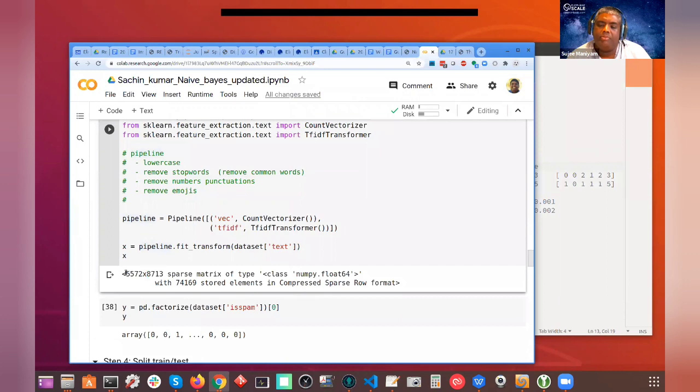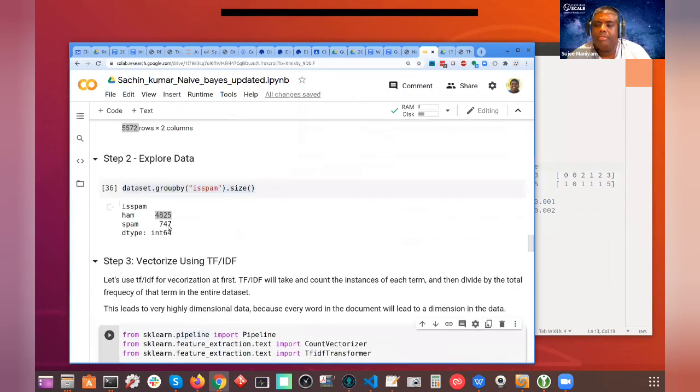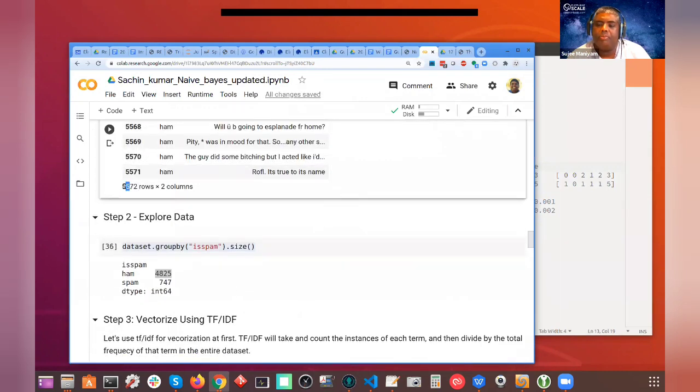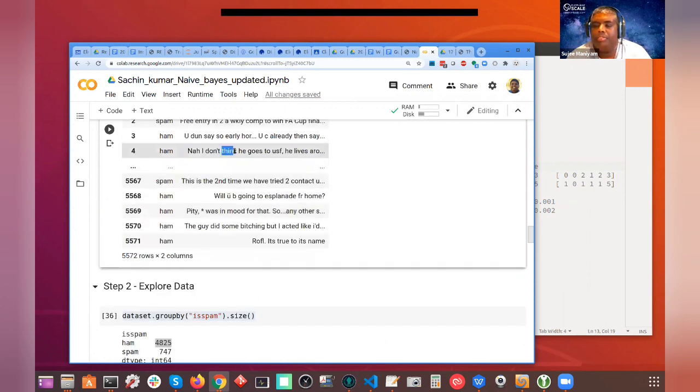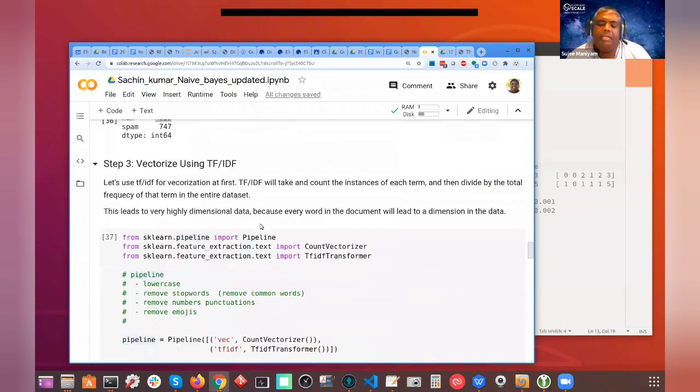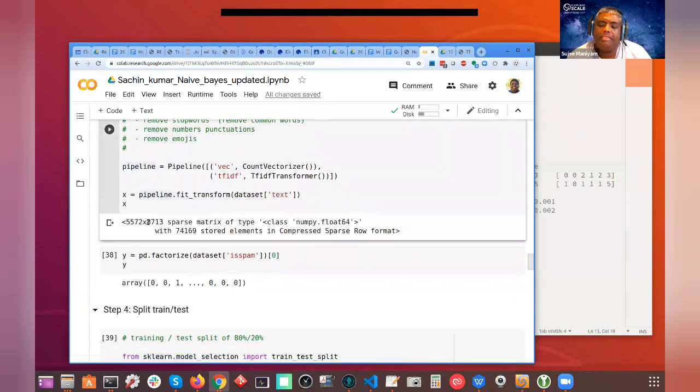It had 5572 rows, because my data set has 5572 rows. Each text message is one row. Can you visualize this? But when it counted individual words like think, time, going, it found 8,700 unique words. So your matrix is organized this way.